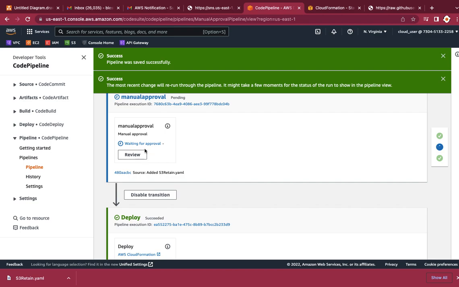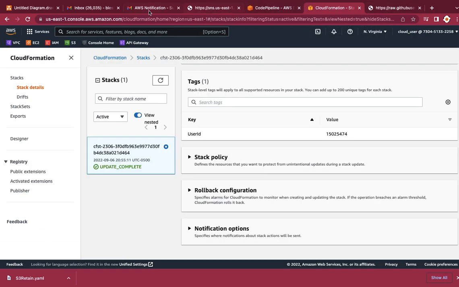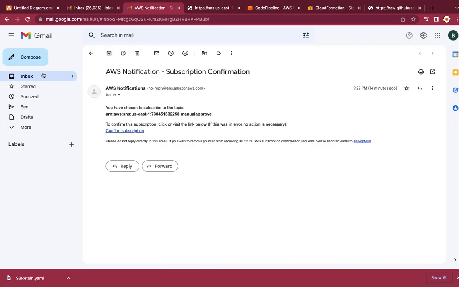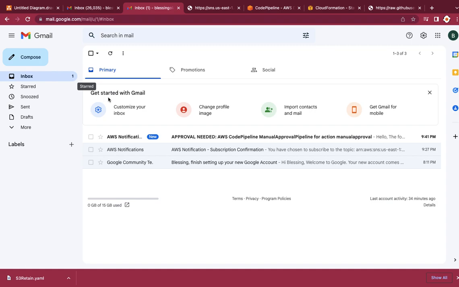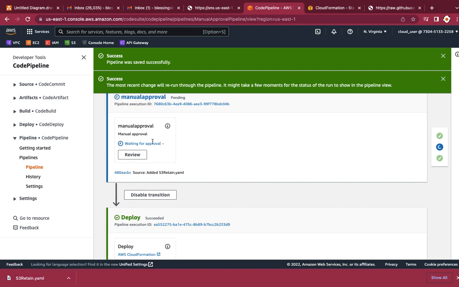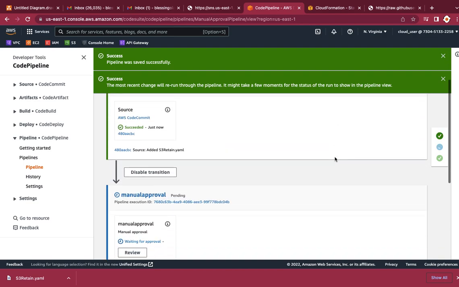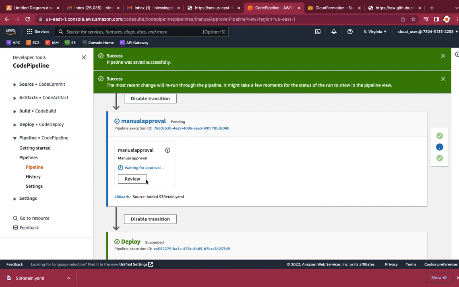The review now is to be done by the QA team. Once we clicked on the release change, we had a change of status that tells us that a notification has been sent to